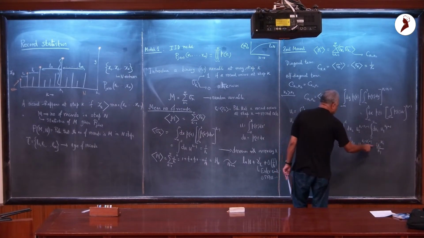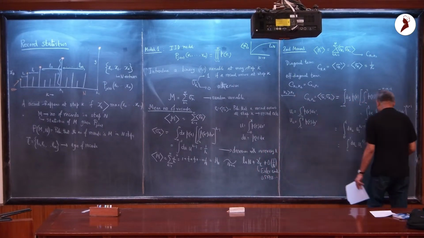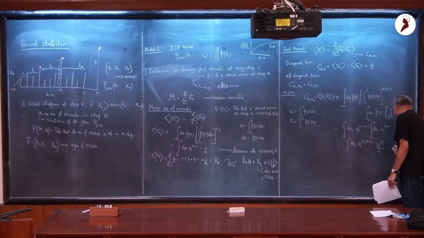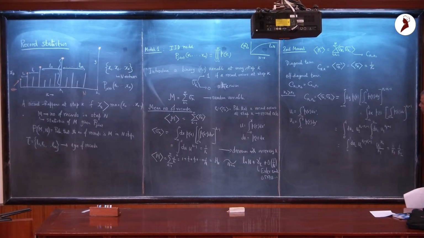So you are left with u2 to the power k2 minus 1. When you do that integral, you get just 1 over k1 and 1 over k2. But 1 over k1, 1 over k2, when k1 is not equal to k2, this is just the expectation value